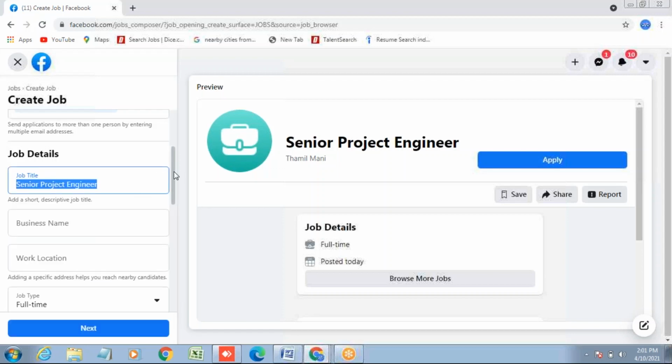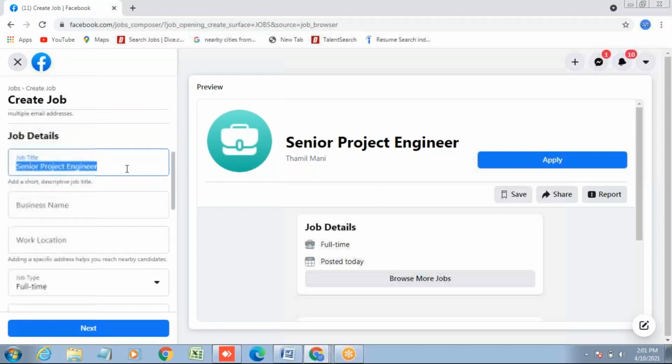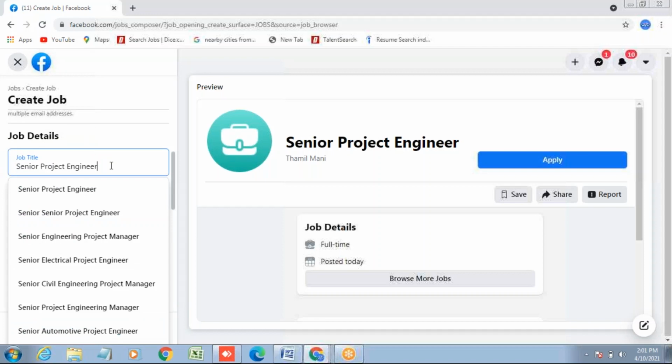Or you can do project engineering manager also. There are multiple titles here: senior project engineer, senior engineering project engineer, lots of things. So let us leave it as senior project engineer now. Go to the next one.